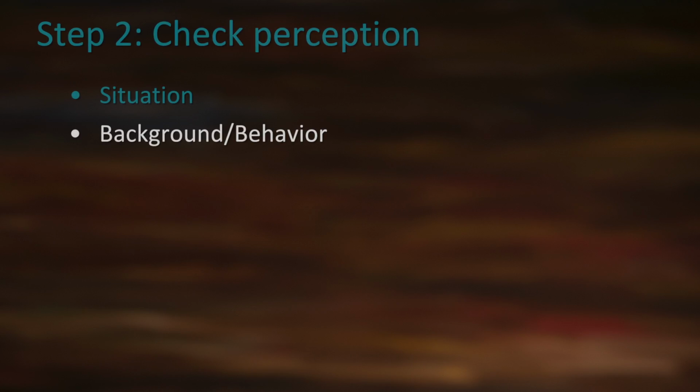Ask for the other person's perception of the event. What was the background and behavior to the situation from his or her perspective? Listen quietly, attentively. Only interrupt to check information or ask the other person to expand on a comment, to please tell you more. Letting the other person go first in the conversation opens communication and demonstrates respect for the other person's perspective.